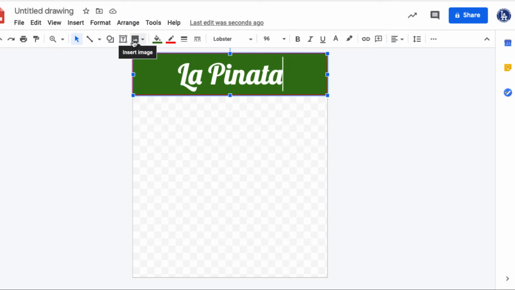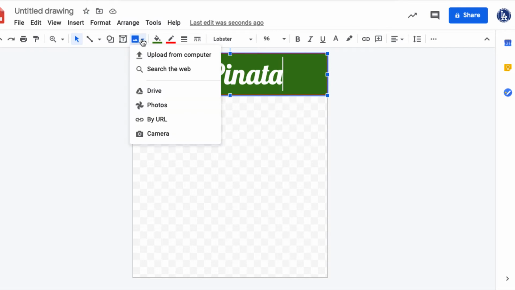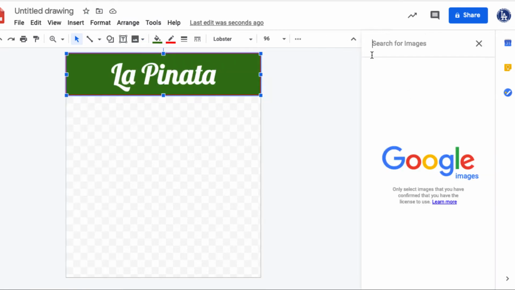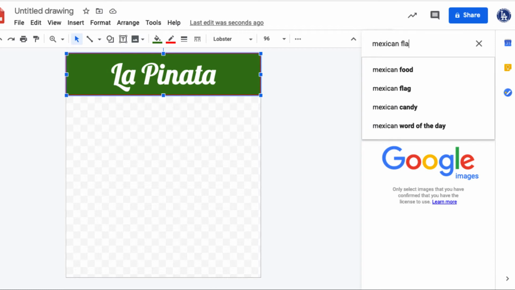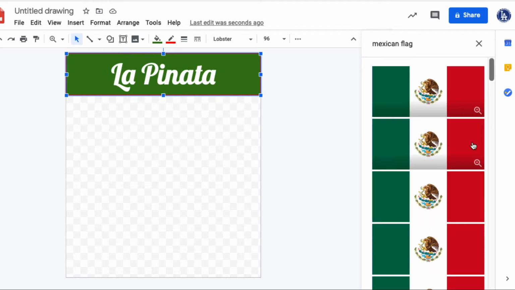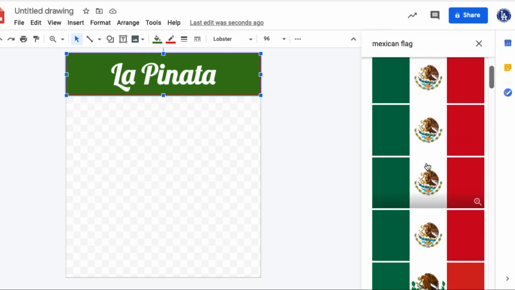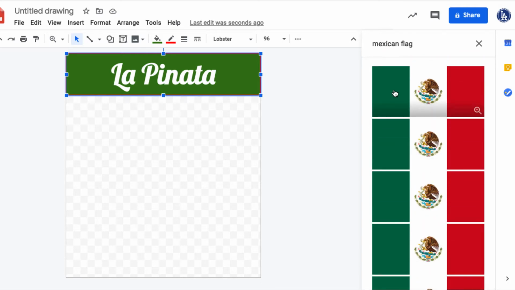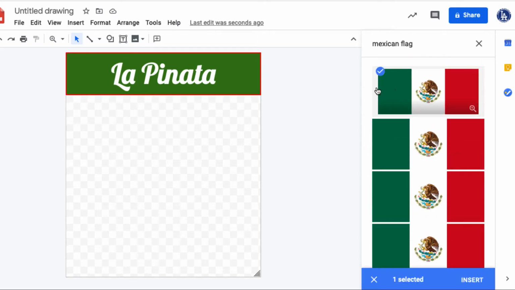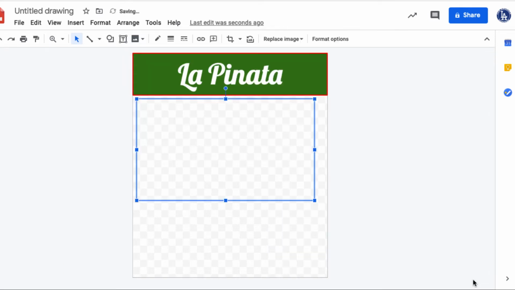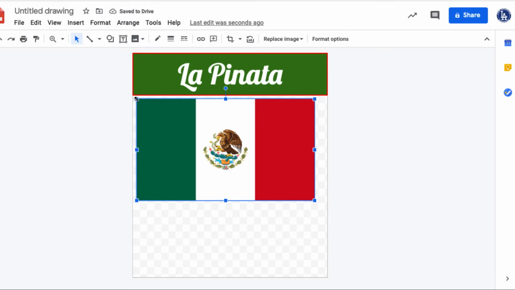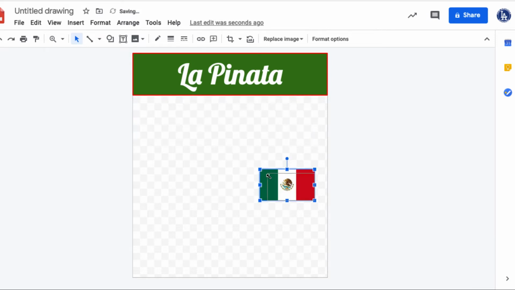Now, the next thing that I want to do is insert an image. So I'm going to use the search feature here. And I am just going to search for a Mexican flag. Because remember, we had the little Mexican flag. I can select one of these flags by clicking on one of them, and then see how it says insert. So you click on insert,